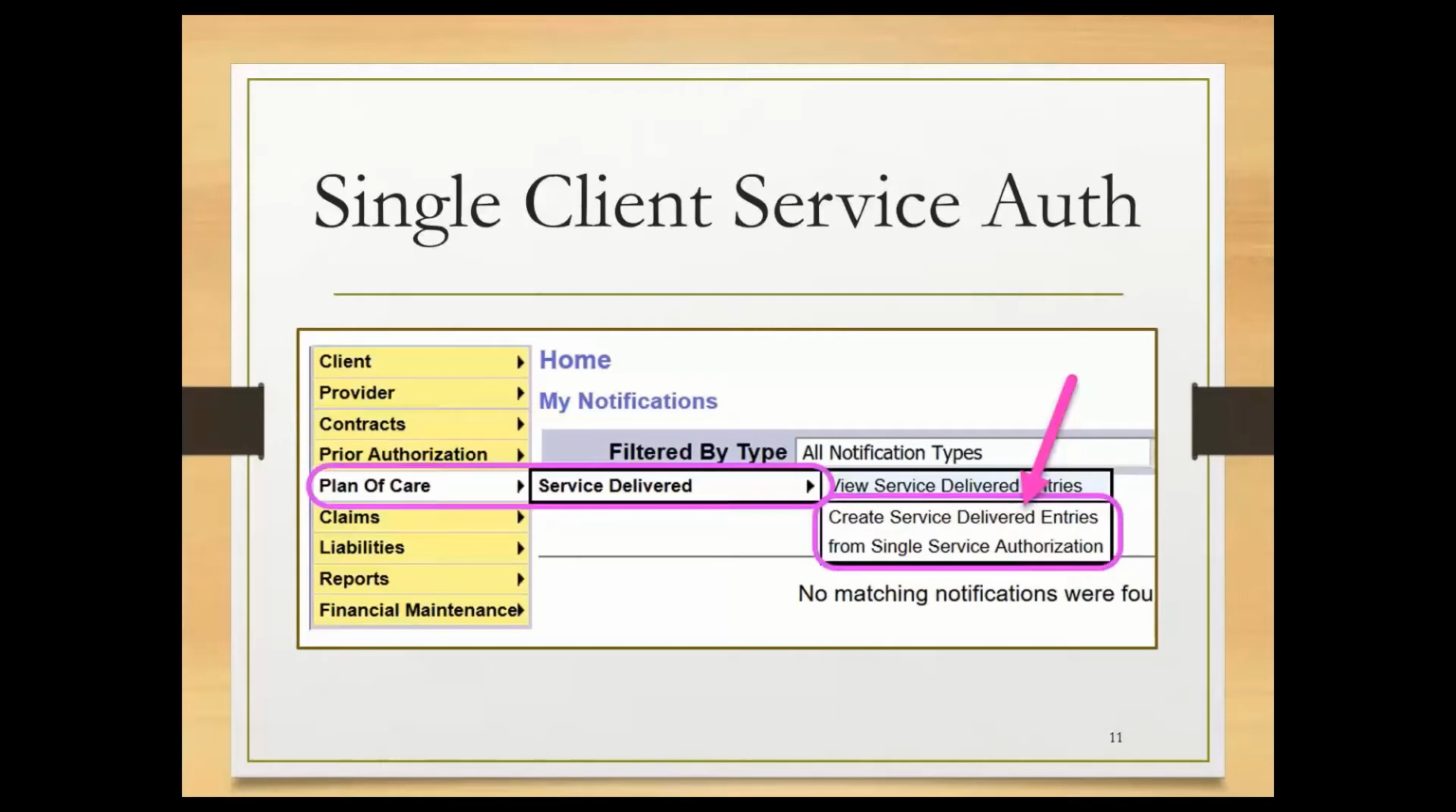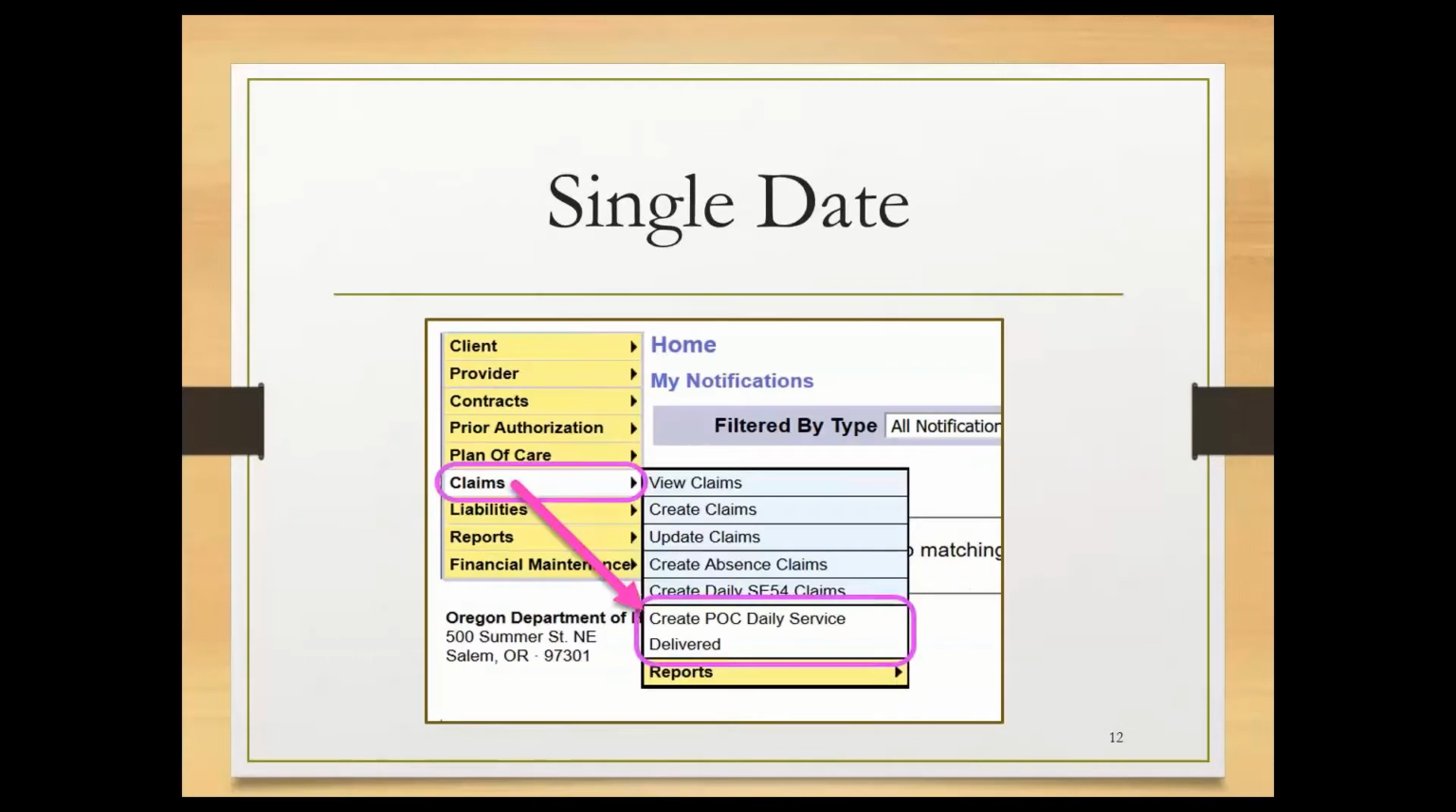Again, step by step, I'm not going to cover today just because it's way too much detail, but again, there are how-to guides on the help menu that walk you through each process in very explicit step-by-step procedures for that. To bill for the single date, the same date for everybody, you can use that from the claims menu